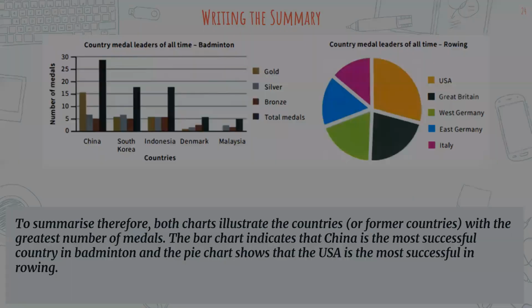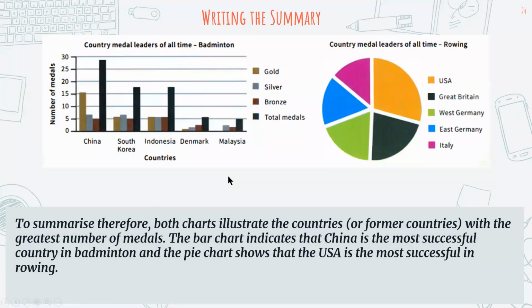Okay. Let's talk about the conclusion. When you are talking about the conclusion, you have to summarize the two charts. To summarize, therefore, or in summary, use any expression, any cohesive device to signal that you are ending your report. Both charts illustrate the countries or former countries with the greatest number of medals. The bar chart indicates that China is the most successful country in badminton, and the pie chart shows that